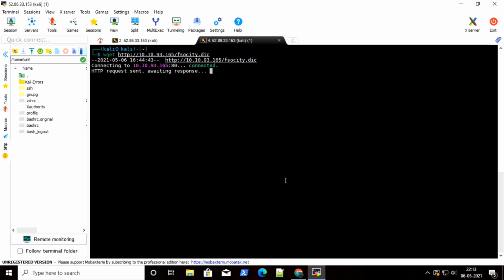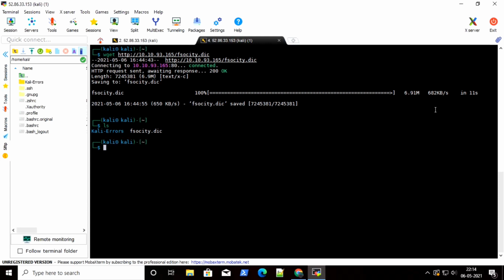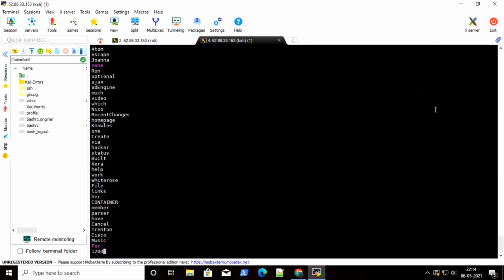If you are using your Kali machine, then you don't need to perform this step. So wget is downloading a dictionary file into the Kali machine. It is nearly 6 to 6.5 MB. Okay, so the dictionary is downloaded now. You can cat this dictionary, and it will display its content. But it is a very big file, which means it should contain multiple duplicate elements.